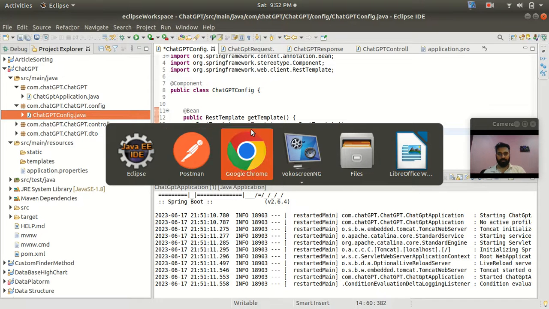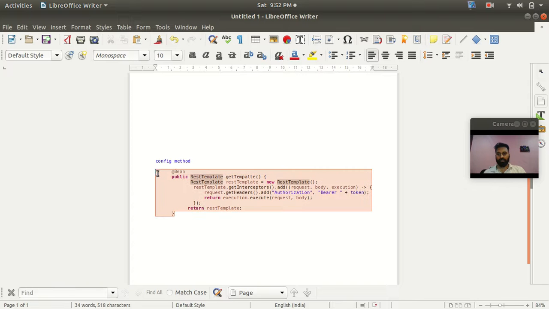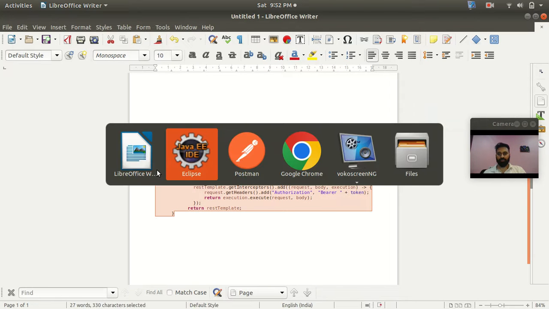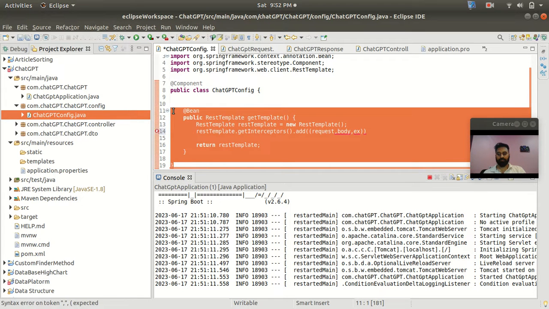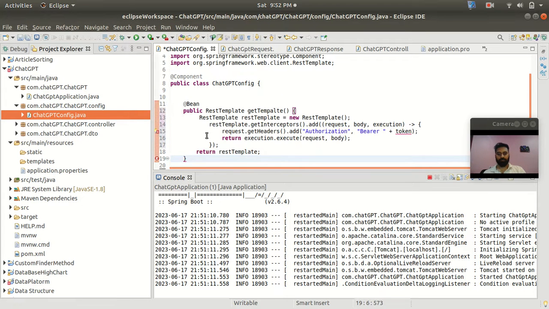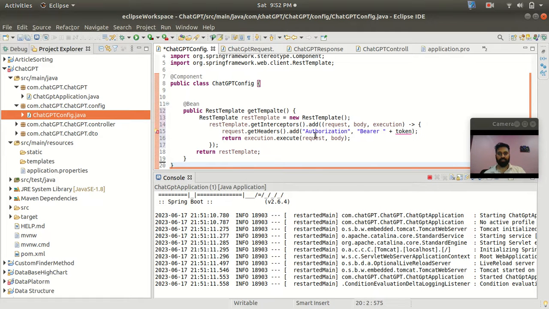Basically I have already kept it. Let me copy this to be faster, otherwise I have to write this whole code. Cool. Yeah, so you can see that here I am using the interceptor, and then I am adding this authorization